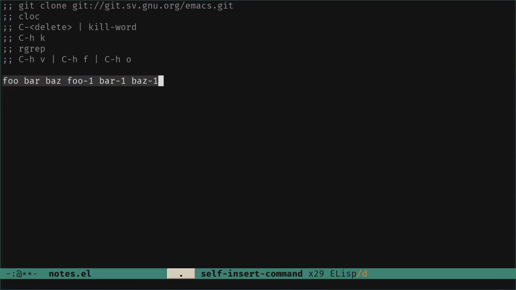So we have this, and the command, so Control Delete, I'm sure you know it, deletes the word. So I delete one, I delete the other one, maybe I call it with a universal argument with the number, let's say 3, no 2, to delete the next two words, and it did it with the -1. So it depends on how words are defined.